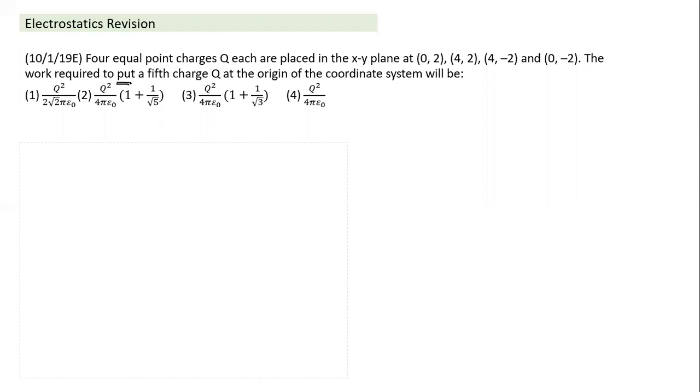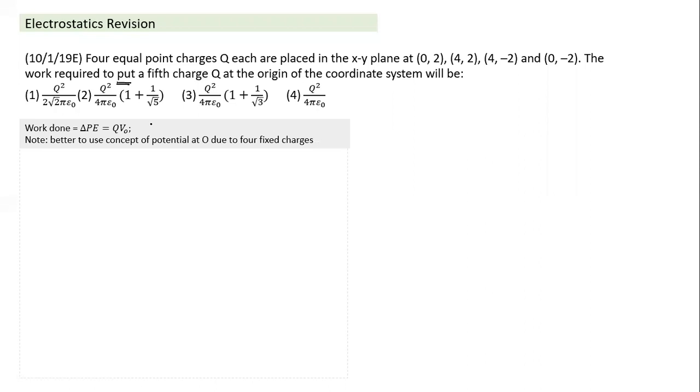It implies that initially the fifth charge was at infinity. So either the question involves motion of a charge or moving a charge from infinity. Here it is moving from infinity. It's very simple. Work done is equal to change in potential energy. Whatever work is done by the external agent will result only in change in potential energy, as we assume the initial and final kinetic energy is zero. You have done it multiple times.